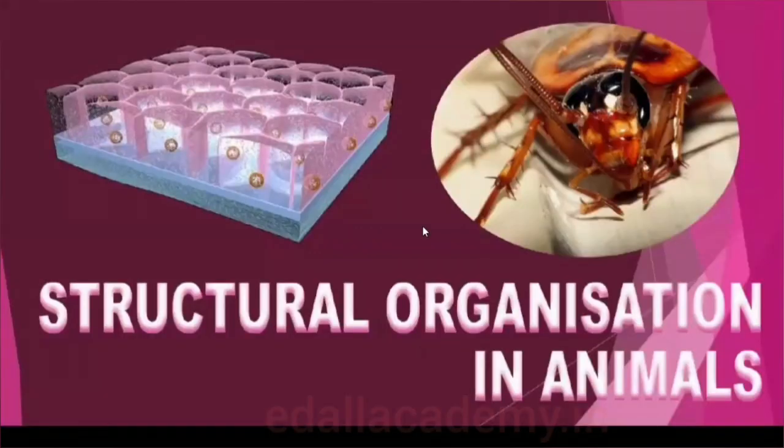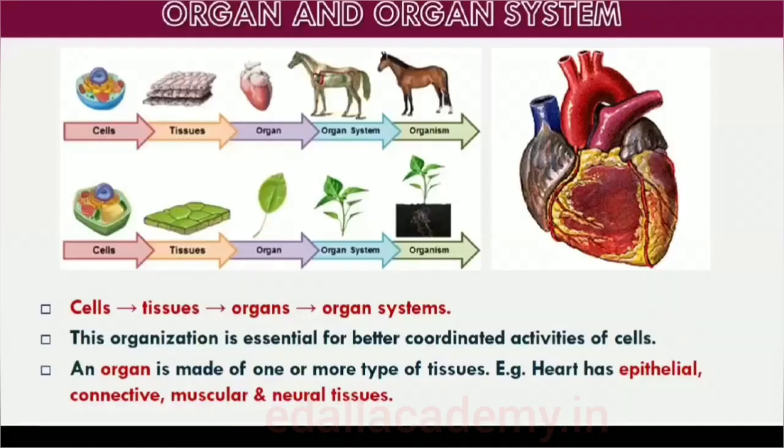Chapter 7 Structural Organization in Animals. Topics to be covered are 7.1 Animal Tissues, 7.2 Organ and Organ System, and cockroaches. Let's begin with the introduction. In the preceding chapters you came across a large variety of organisms, both unicellular and multicellular,